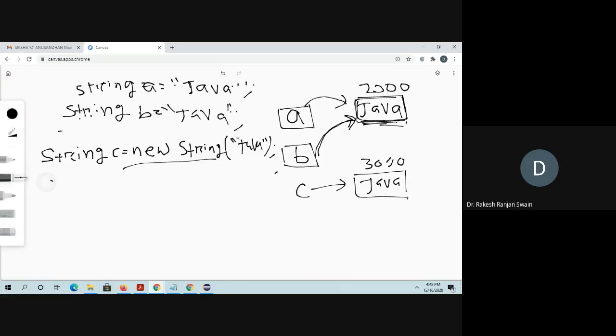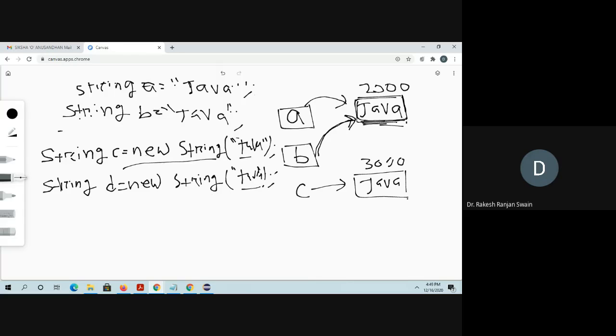Similarly, if you create a string D, new String using the constructor, and pass the value Java. Okay, this is Java.